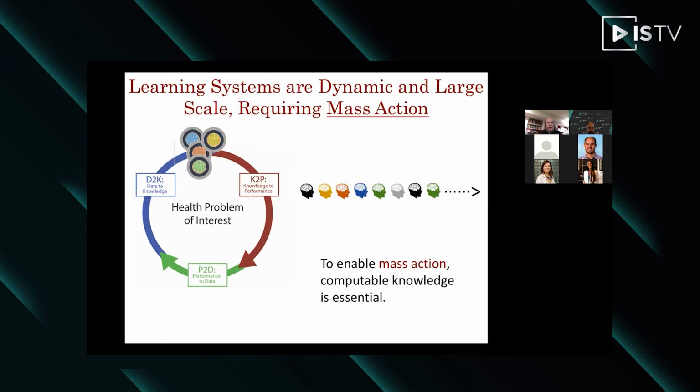So what we can see here, however, is if the knowledge is in computable form and is represented as knowledge objects, new knowledge can be added as it is generated. And as you see with one of these knowledge objects changing color, a particular piece of knowledge can be modified as, for example, more data are provided to update some kind of predictive model or algorithm. And new knowledge can also be added.